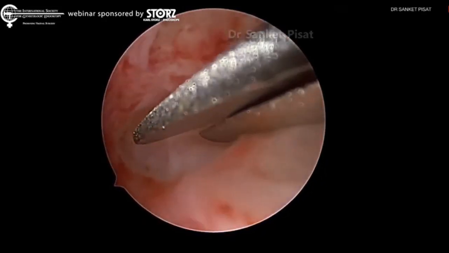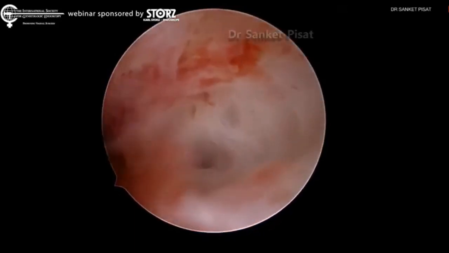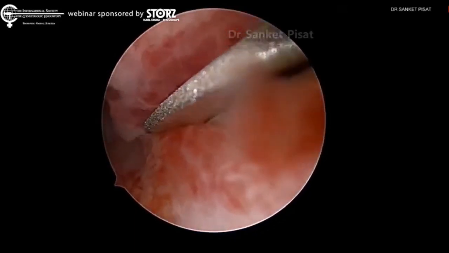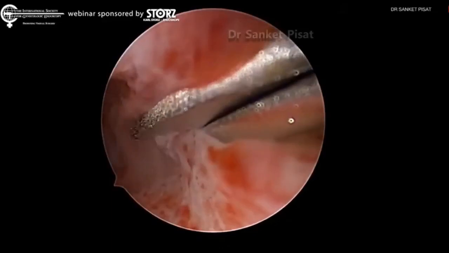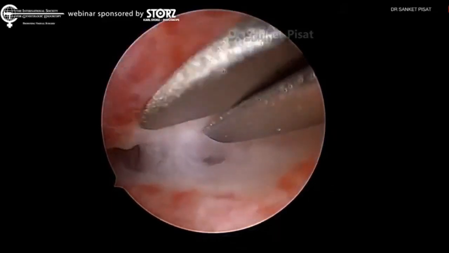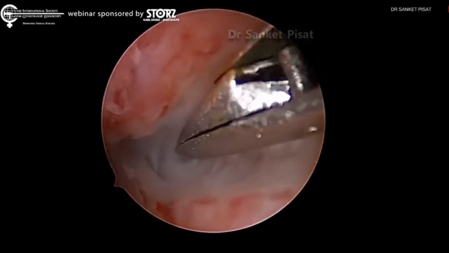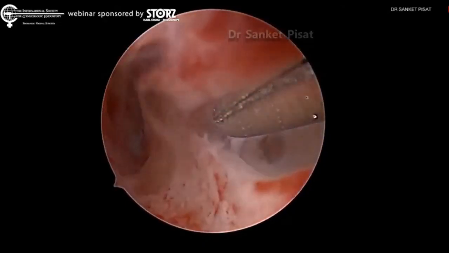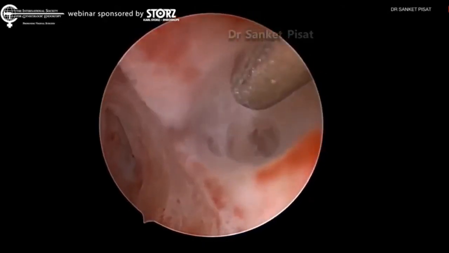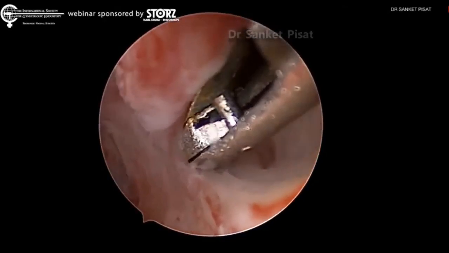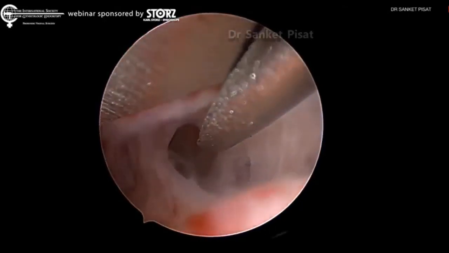Again, because no ostium is seen, we are not sure of how deep we are supposed to cut. The only marker that is available to us at this stage is the fundus, or the area which we assume to be the fundus at this stage. So we are using that area as a marker, and we are gradually cutting, staying in between the anterior and